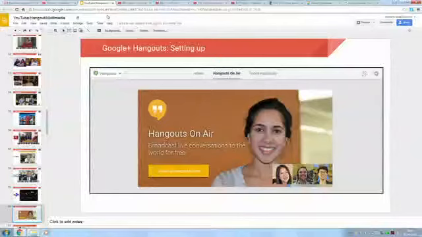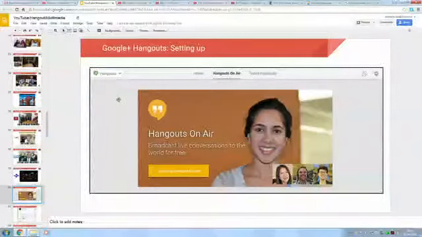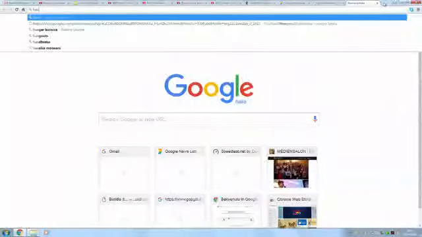So it's pretty straightforward to set up. It's not very difficult. You just need, again, a bit of planning, because you want to set your Hangouts on air earlier, organize it as an event, launch the event online, make sure that people know that it's happening. So use all of your social media to actually foster and make sure that people take part in this, and then go live at the right moment with the right timing. So if you go to Hangouts on air, I can actually do it live if you want. Let's see.